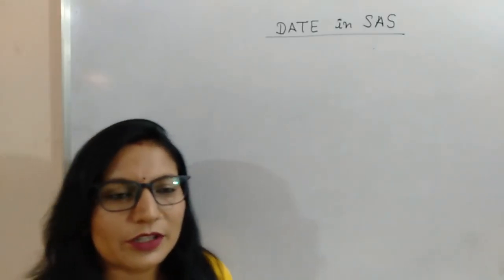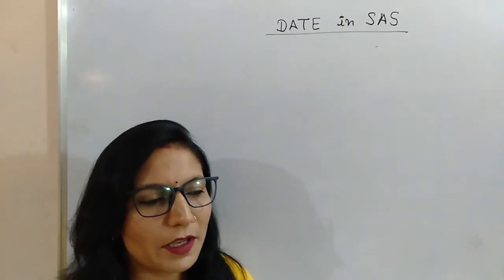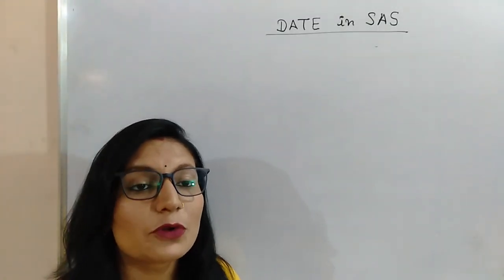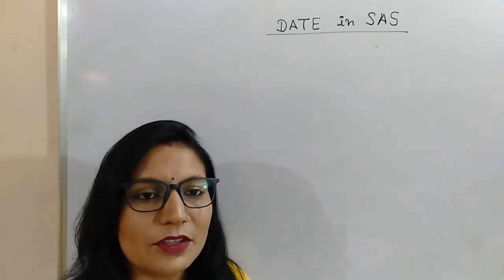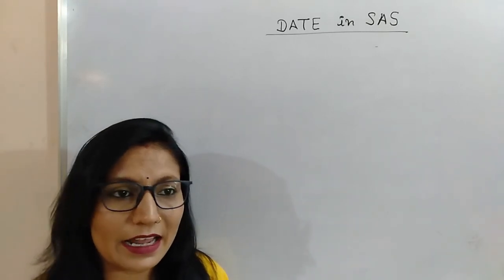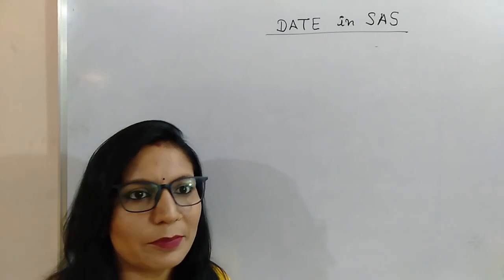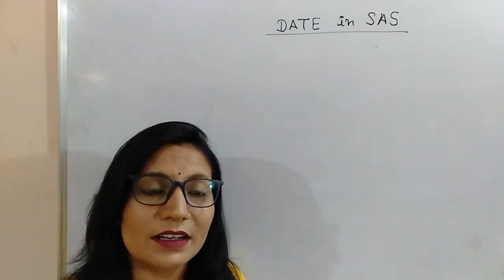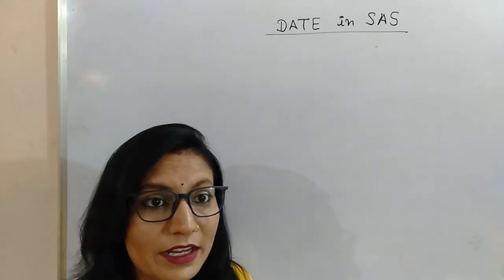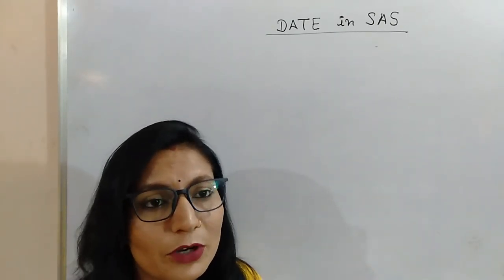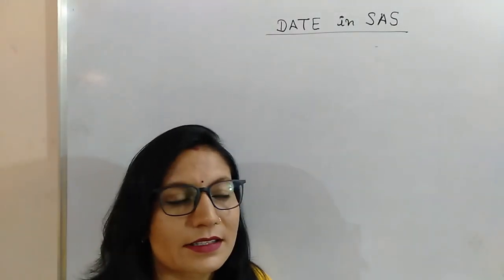So today I'm here to discuss a new topic, which is also a confusing topic, and that topic is how to read date variables in SAS. When we have a variable in the form of a date, any column that has something in the form of date and time, how do we read that particular variable? Do we need to consider it as a character, as a numeric, or do we have a different data type for dealing with date variables? So first, let's talk about the origin date for SAS.